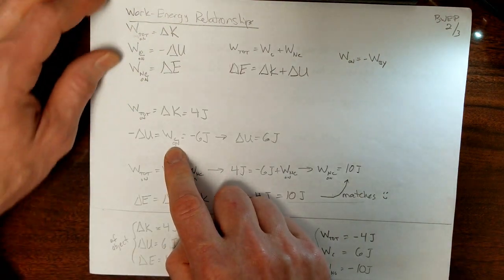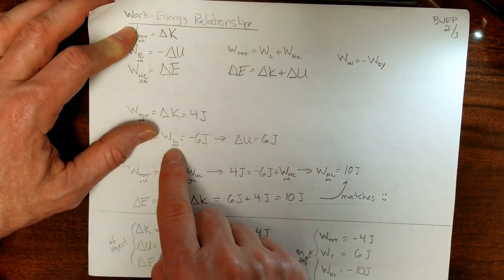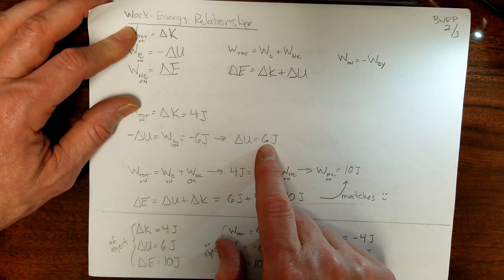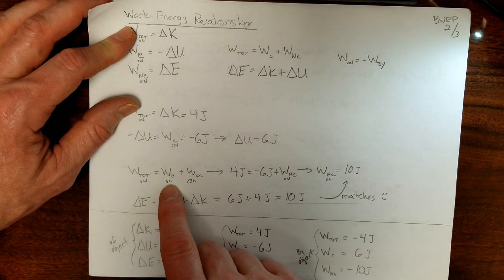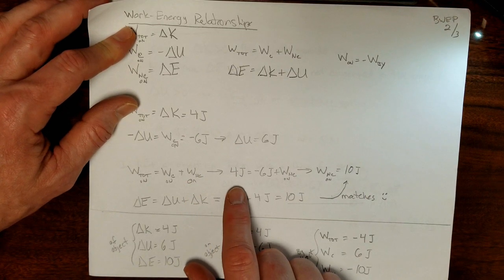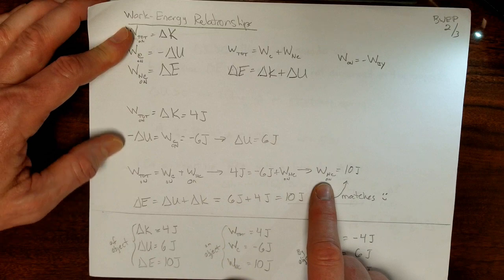The conservative work done on an object is equal to the negative change in potential energy, and it's given that the conservative work done on the object is -6 joules, and so delta U is equal to 6 joules. The total work done on an object is equal to the conservative work done on an object plus the non-conservative work done on an object. I know this is 4 joules and that's -6 joules,